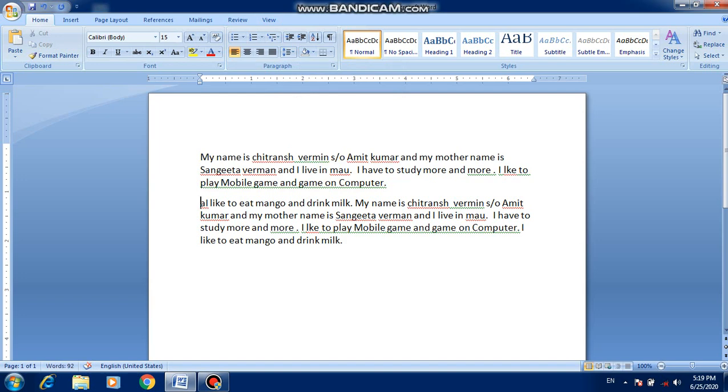Here are two paragraphs. Now look, I am making some changes. In this I am going to add or remove space between the paragraphs. Select both paragraphs.